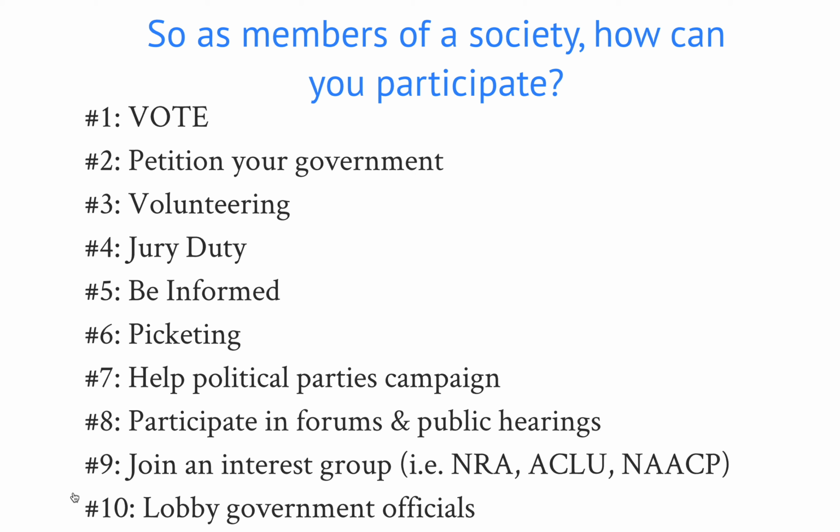To me, number 5 is one of the biggest and most important ways of being an active citizen, and that is simply being informed. You can be informed by listening to the news, reading the news, using several sources to combat bias. If you're only looking at one source, it's likely going to be biased, but if you're looking at a whole host of different sources, then you'll be able to have a more well-informed picture of what's happening.